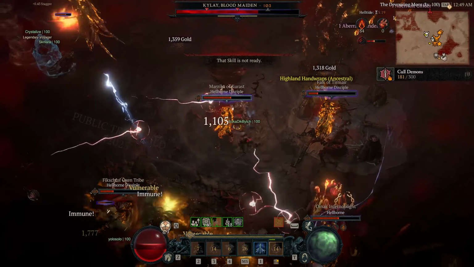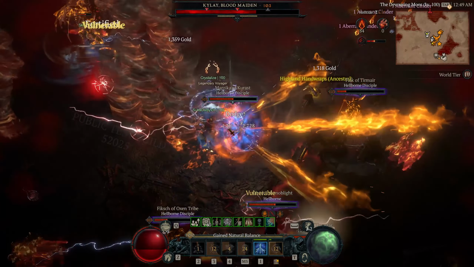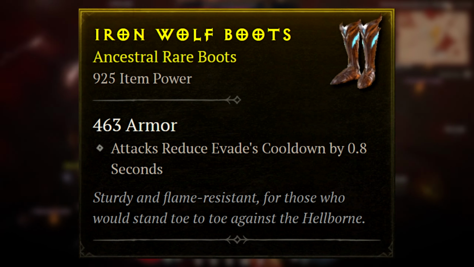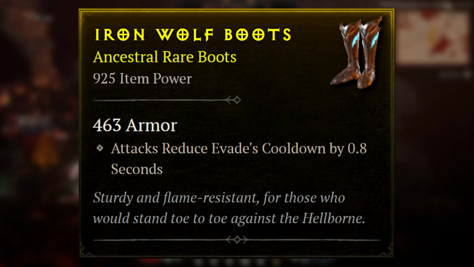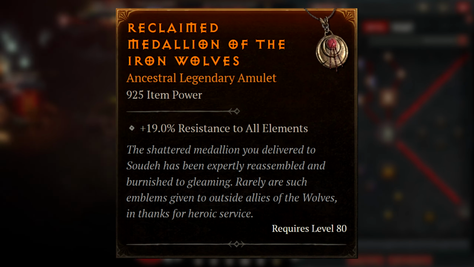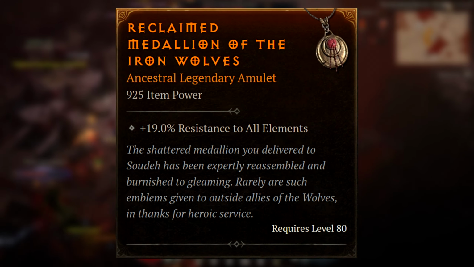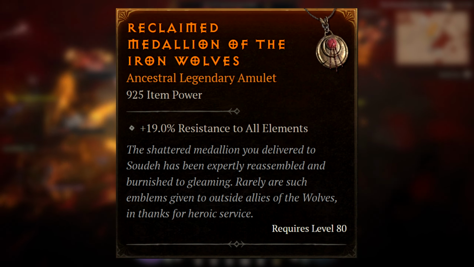And then we also have some data mined pieces of gear, like an Iron Wolf's offhand, some rare Iron Wolf boots, and Iron Wolf messenger boots. Then we surprisingly have some legendary necklaces that are both tied to Iron Wolves with their own flavor text on them. Now, none of these items have actual stats on them, and we don't know how any of these work,